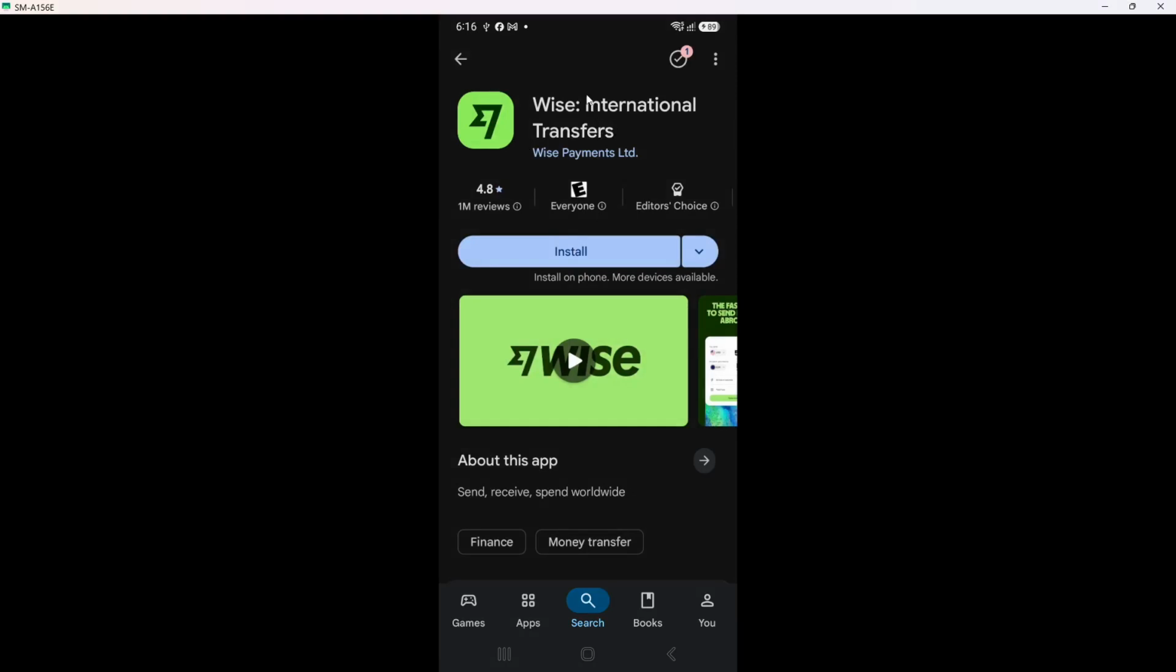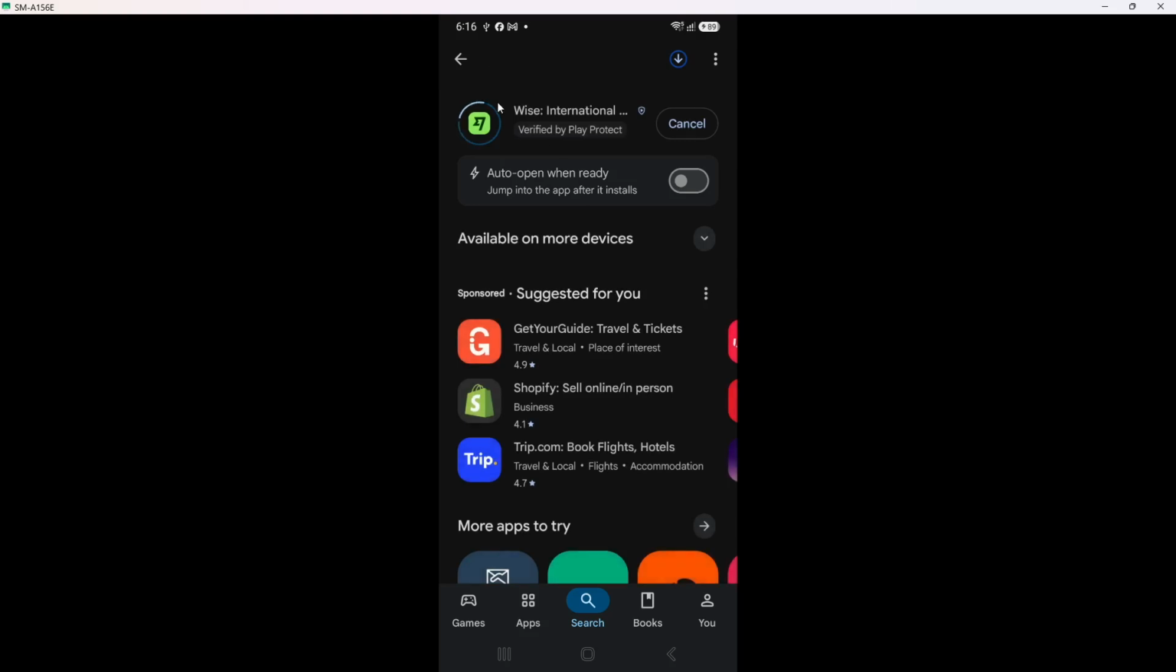After selecting the app, tap the Install button. This button is usually located near the top of the app page. When you tap Install, the app will start downloading to your device. You might see a progress bar indicating the download and installation progress. This step is crucial as it begins the process of bringing the app to your device, allowing you to use